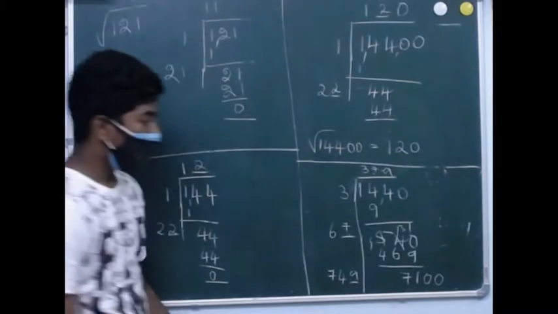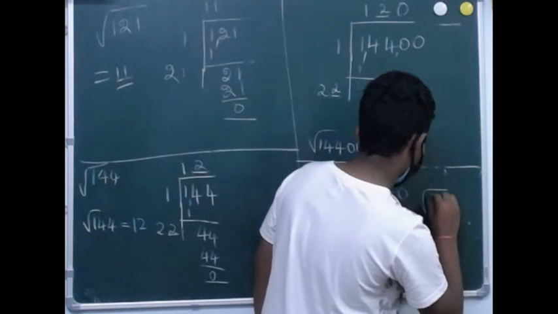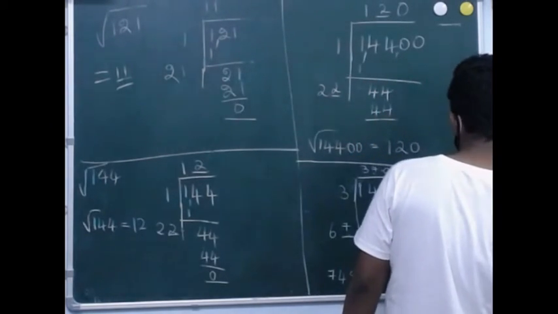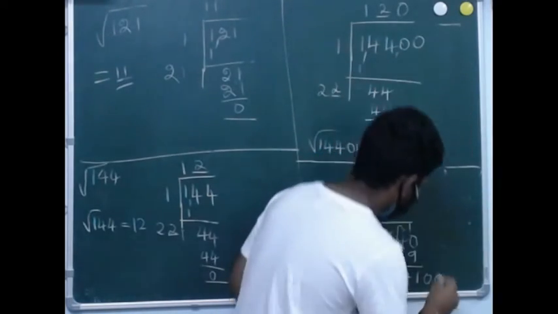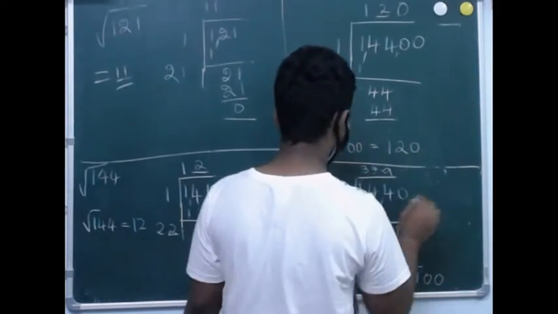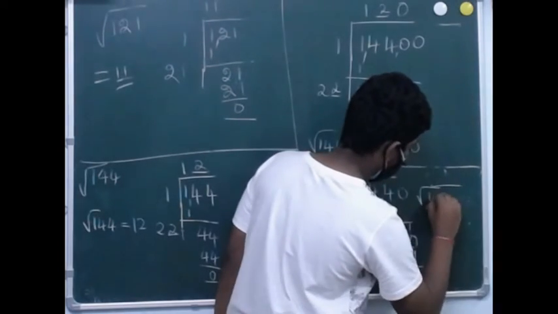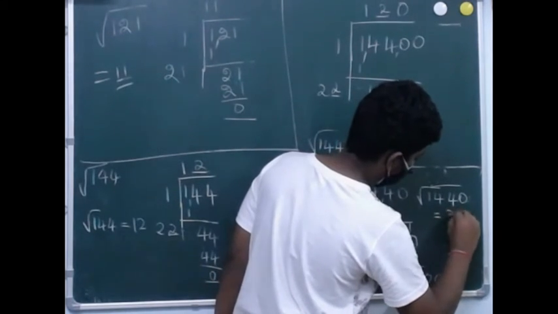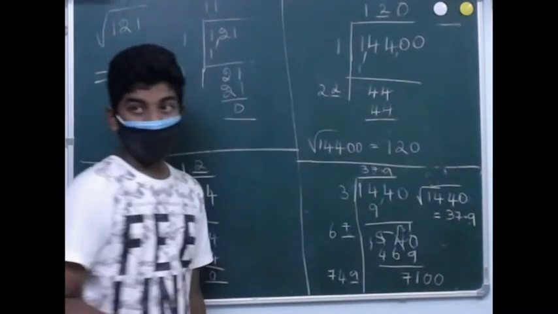37.9. Write down first the square root of 1440. So the square root of 1440 is with a single decimal. The answer is, write down at the bottom. Square root of 1440. Write legibly. Then below that put equal to 30. What is your answer? 37.9. That's all. Got it?